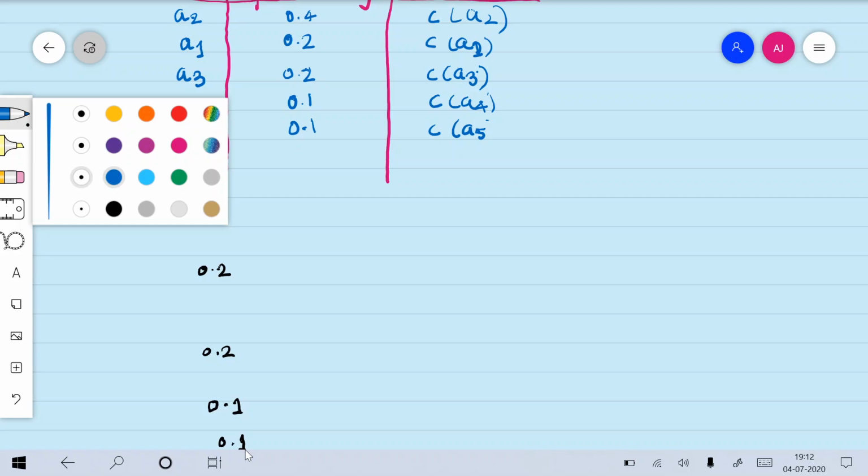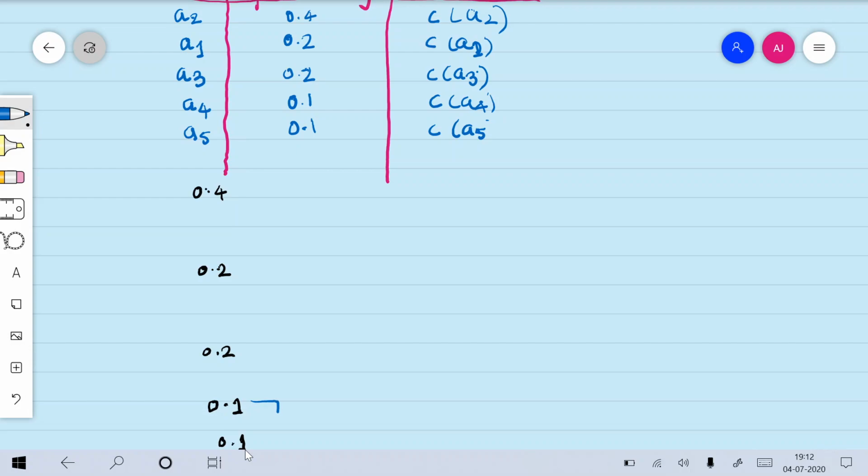According to the Huffman coding procedure, first we will be adding the bottom two probabilities. So this should be getting added. Now what is the probability you have? 0.2. If this probability had been higher, you would have shifted it up. But as it is the same, we will write it as it is. I write 0.2 as it is, and this 0.2 I will add. So this is my 0.2 and this is also my 0.2, and I get the addition here as 0.4.